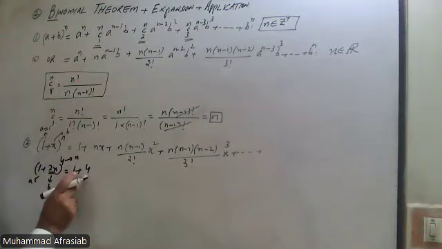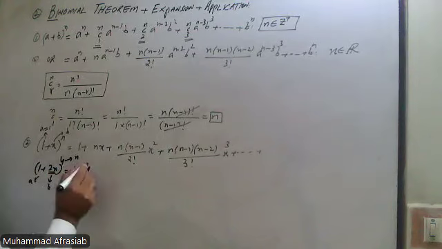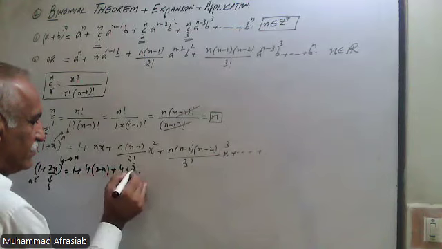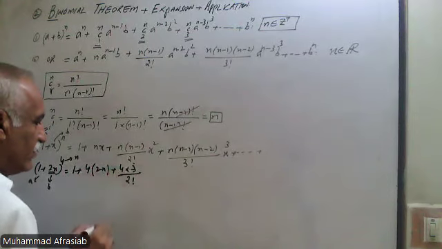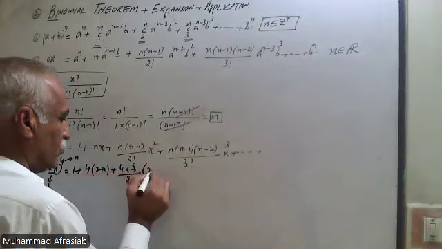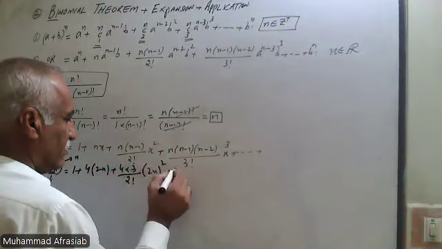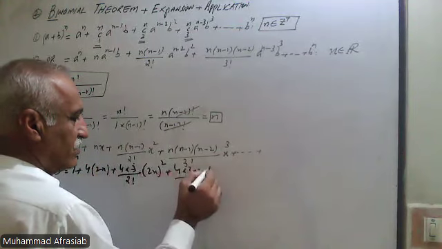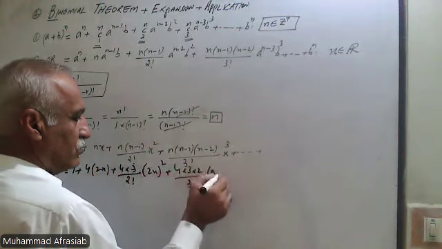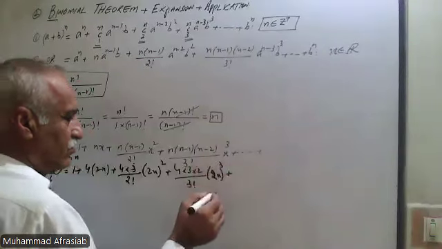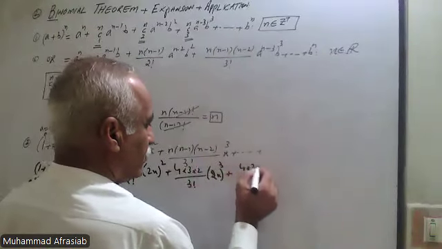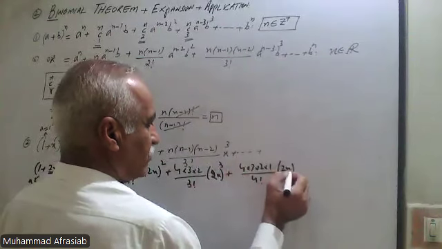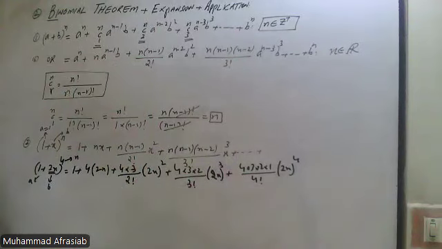So 1 + 4 into 2x + 4 into 3 over 2 factorial into (2x) whole square + 4 into 3 into 2 divided by 3 factorial into (2x) whole cube + 4 into 3 into 2 into 1 divided by 4 factorial into (2x)^4,